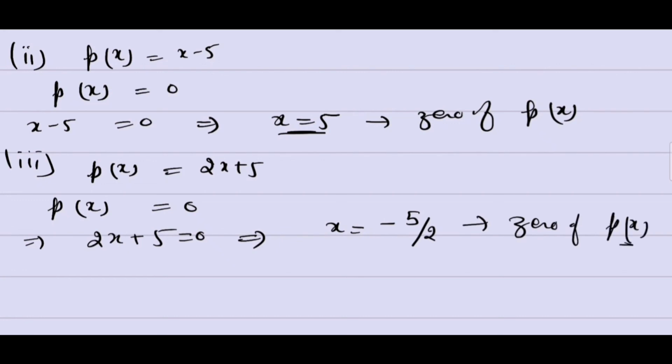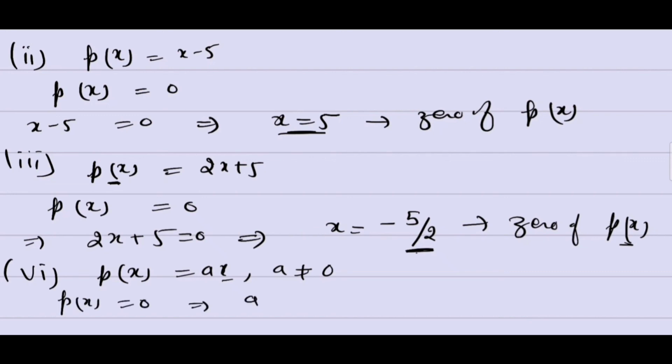We know if I put this value x is equal to negative 5 by 2, I will get p of minus 5 by 2 equal to 0. So last question here I'll do. p(x) is equal to ax, where a is not equal to 0. So here same thing, we will equate p(x) with 0. It means ax is equal to 0. So a is not equal to 0 means x is equal to 0, and this is the 0 of the